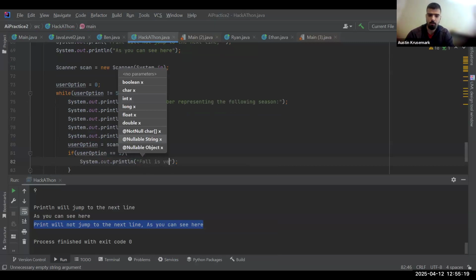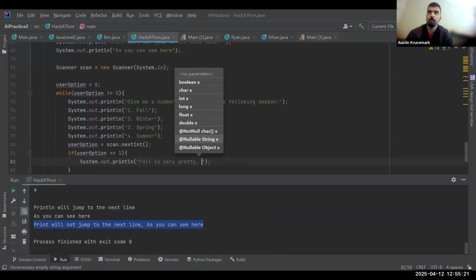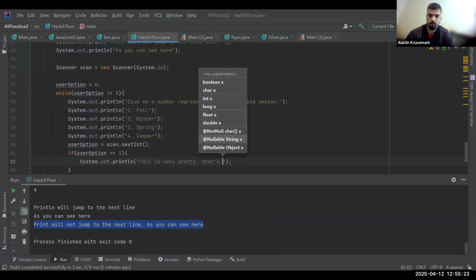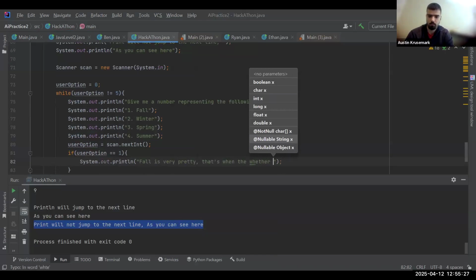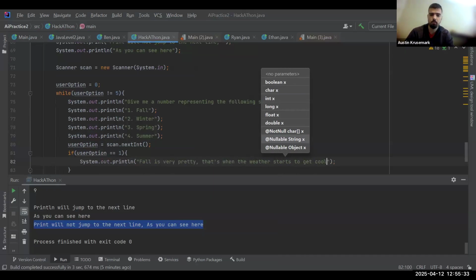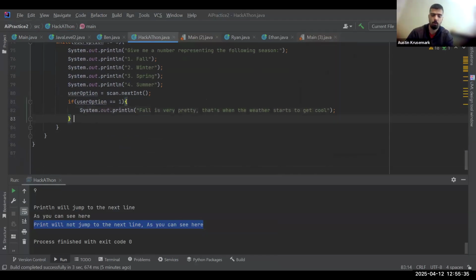Fall is very pretty. That's when the weather starts to get cool. Else if user option equals 2, System.out.println